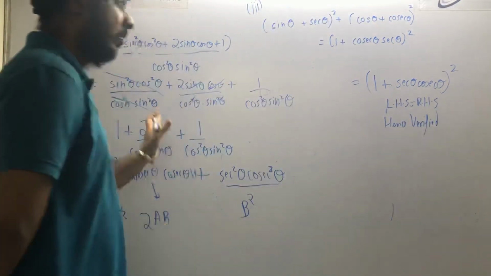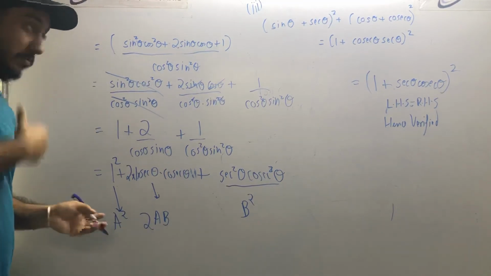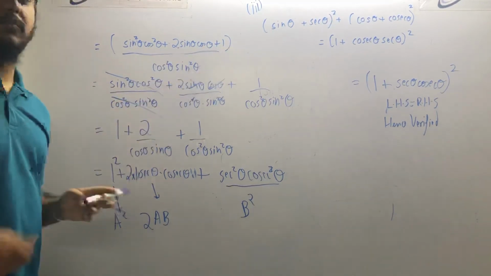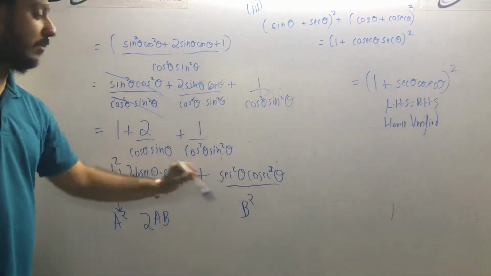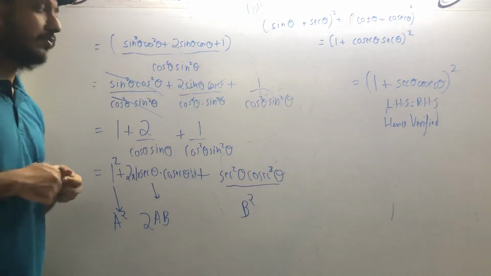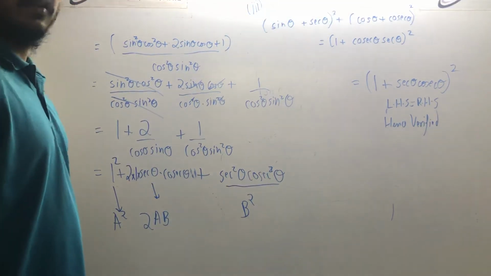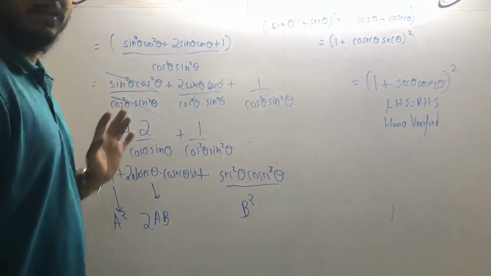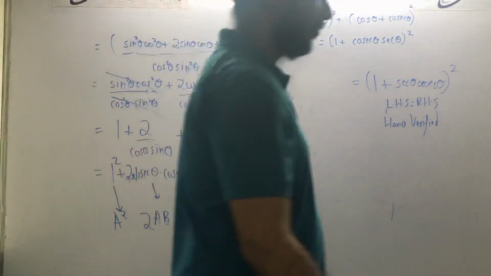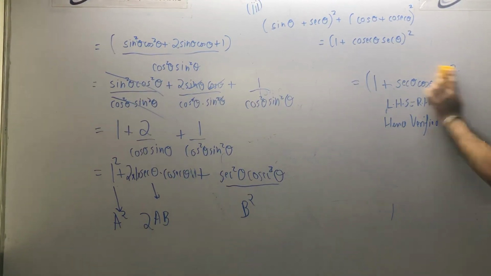Okay, so you have to use all these tricks that I am trying to tell you here. Most of the time it is becoming like this whole square. If there is a whole square, so obviously the answer will come in such a way that you can make it into whole square form. Okay, so this was the third part. As before, I am repeating again, if you want, you can do by some other method also. It's up to you. It's your choice. Okay, this is how I did it.